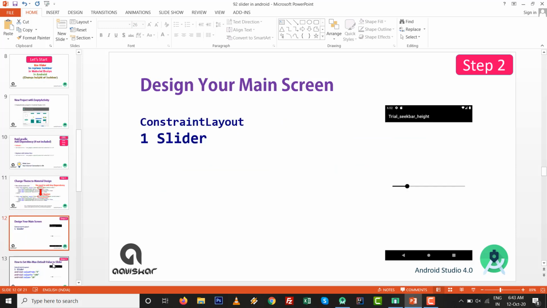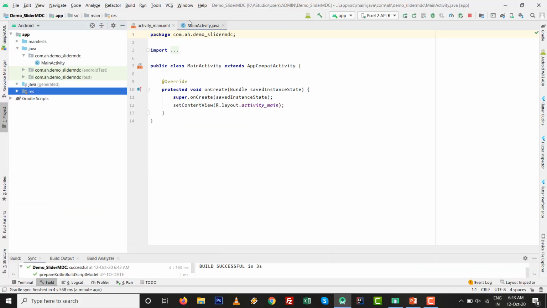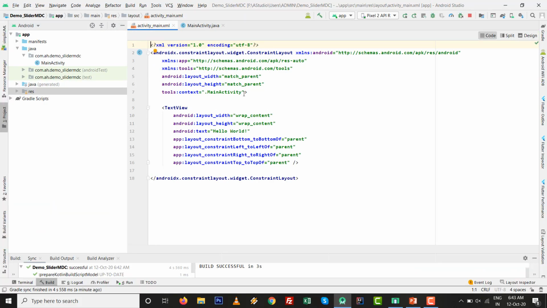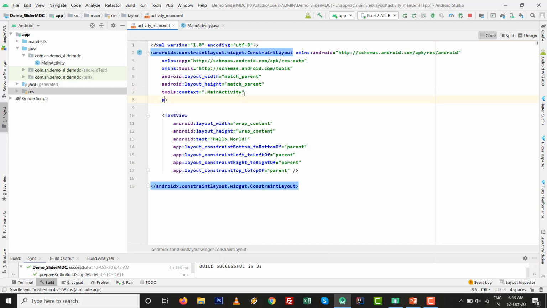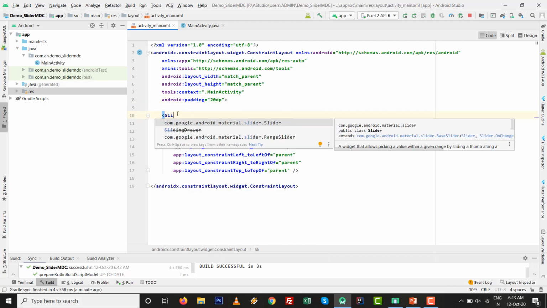Go to step number 2: design the main screen with the constraint layout with one slider. Go to activity_main.xml, and I always want some padding, so padding of 20 dp, and change the TextView and replace it with the SeekBar.